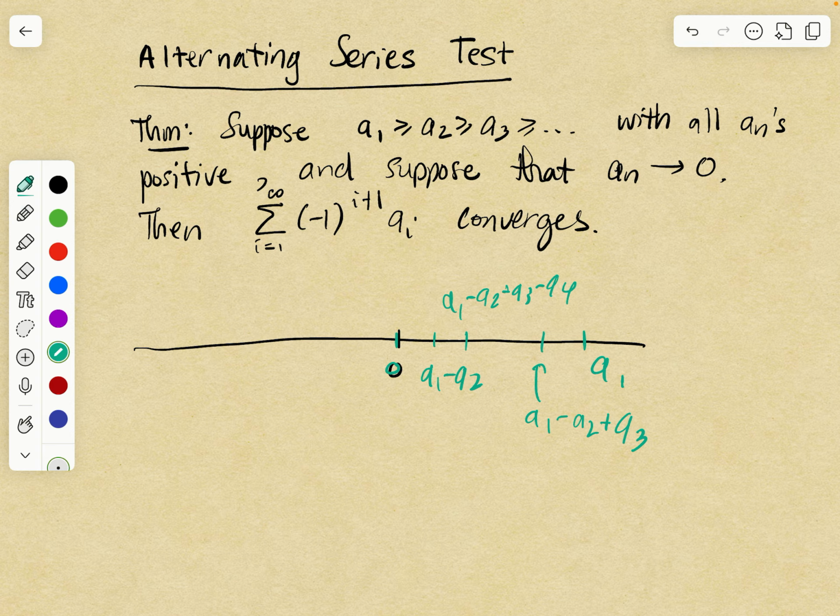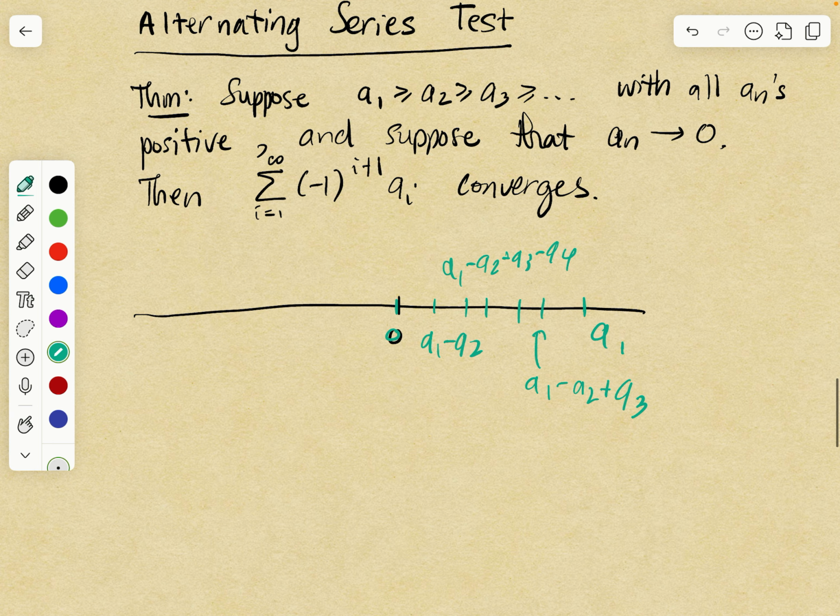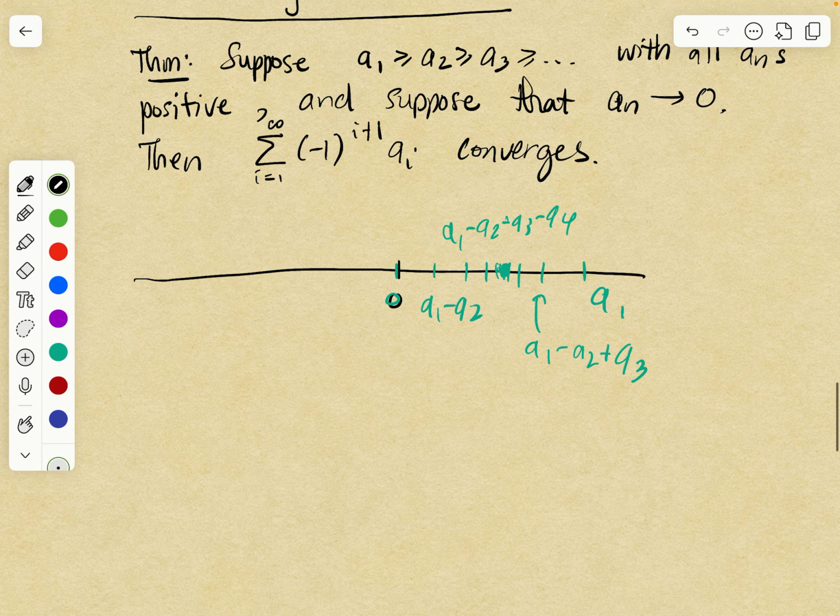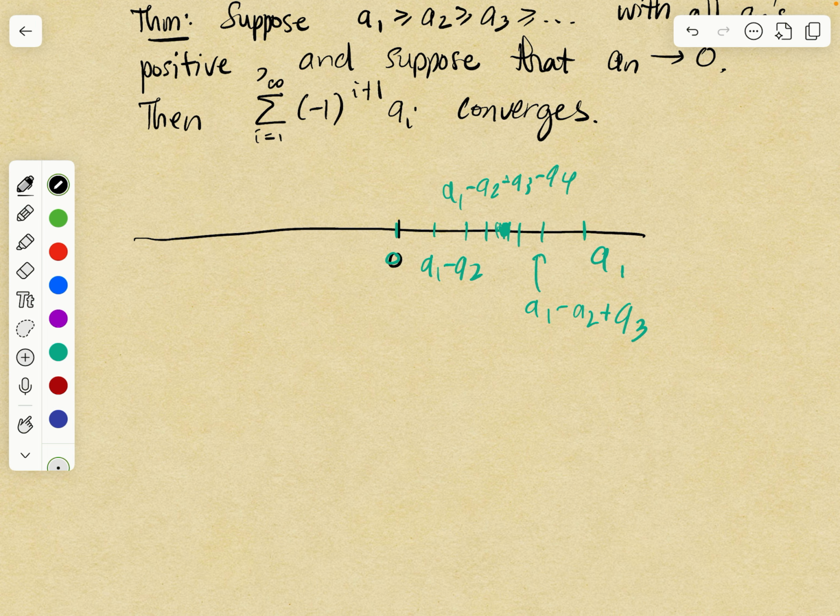approaching 0, the amount that you move right or left approaches 0, and then the series converges. Okay, so that's basically the idea. It's just going to go back and forth, and then it's going to converge. So how do we prove that it converges? Well, first, let's prove a little lemma that will be useful,